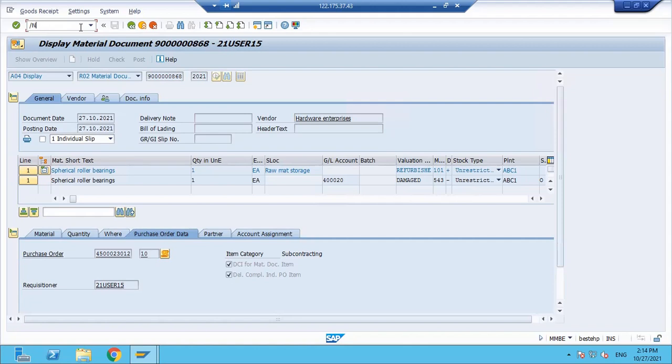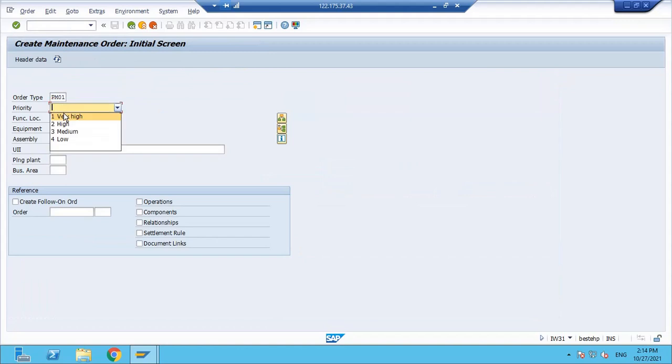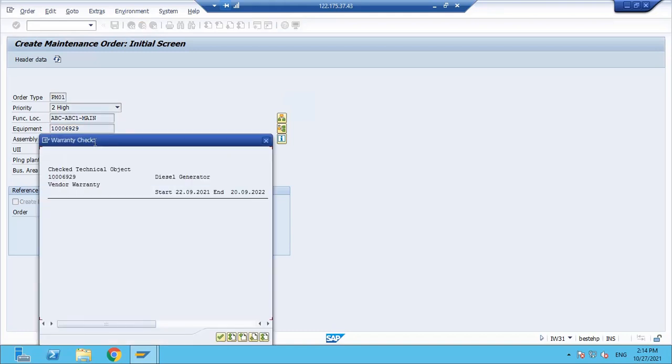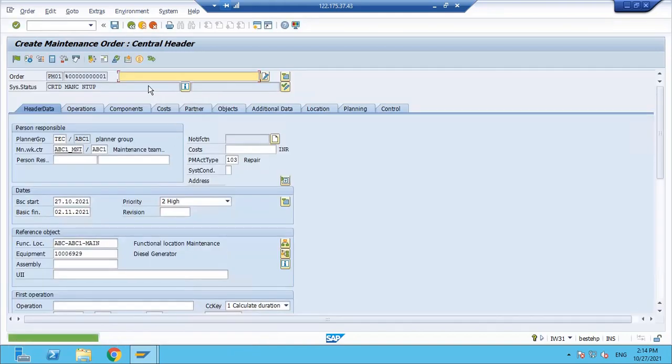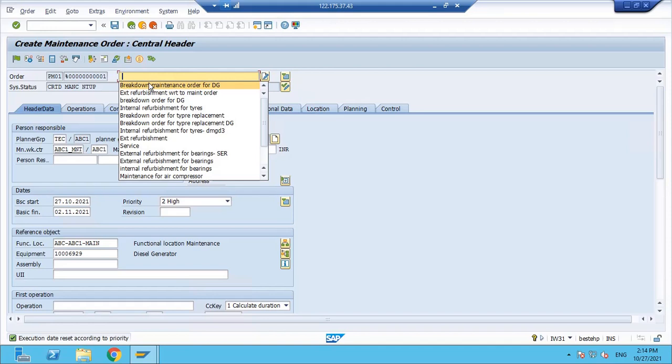Okay, how can we do that? But before that, since I need to have a damaged piece in my storage location, I am again going to create one simple order, right? And I need to bring back the damaged component to my storage location.